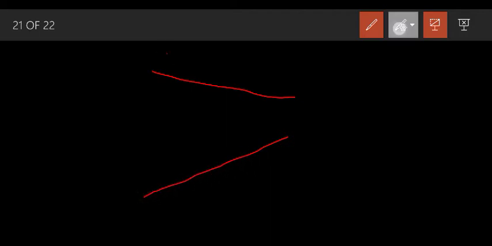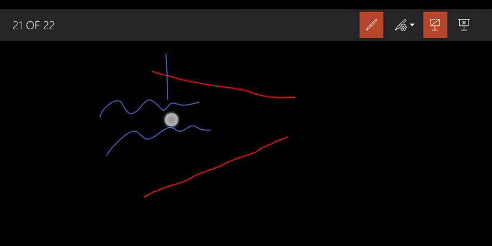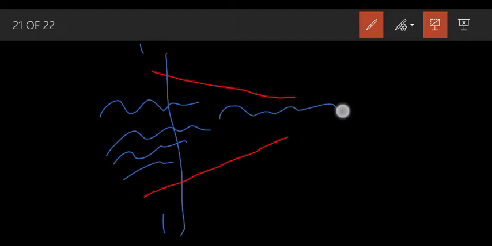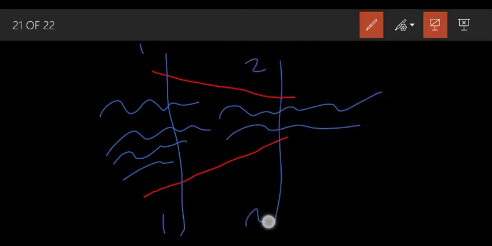A fluid is passing at this 1-1. Let's say this is 1-1, that is at the entrance. And there is a change in velocity of the fluid at this 2-2, that means at the exit. Why is there a change in velocity? Because of this decrease in area, the velocity changes.